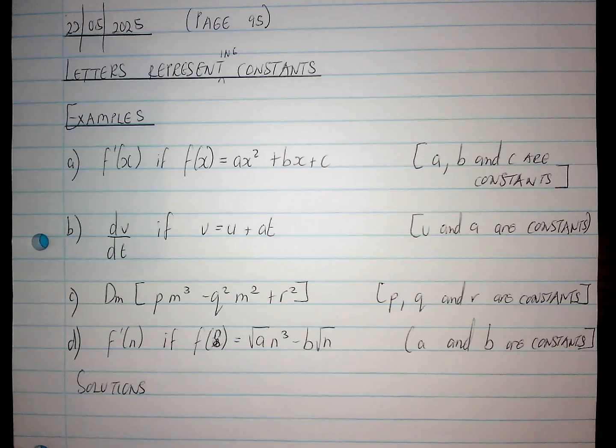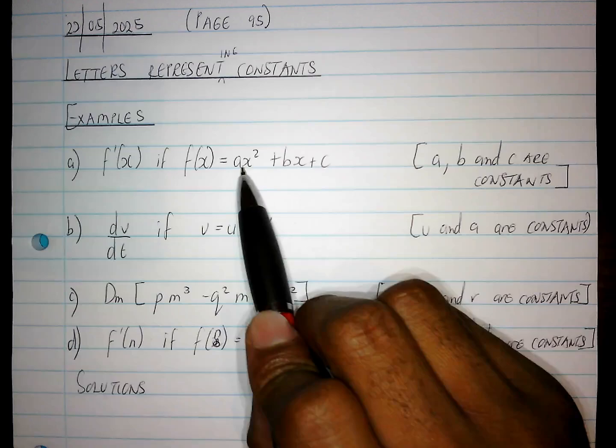Right, so this is going to be lesson 2, on page 95. We're dealing with letters representing constants. Now, when we find the derivative of an expression containing different letters, like here we have A, X, B, X, C,